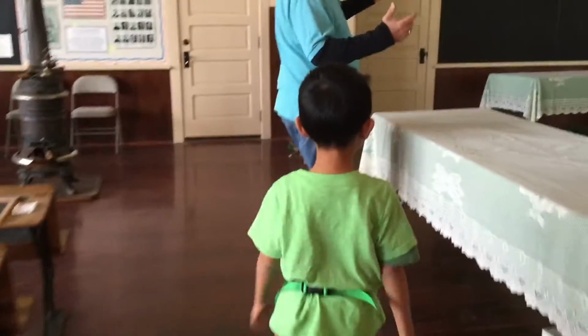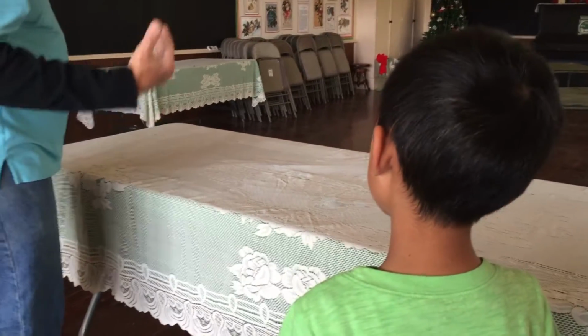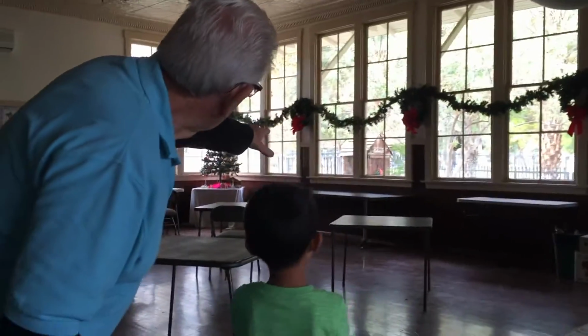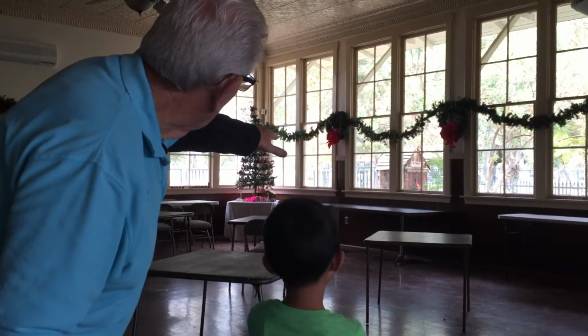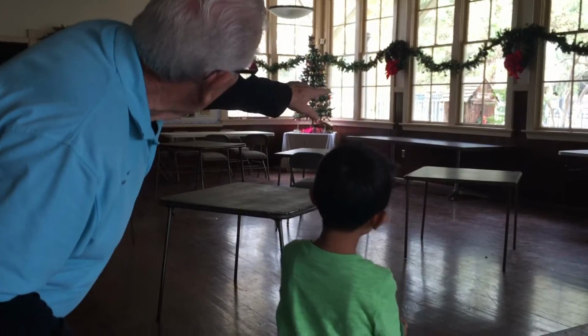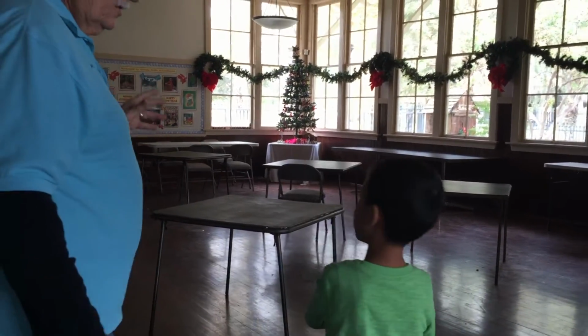By the way, this pulls down and separates the 2 rooms. This is actually a 2-room schoolhouse. There. Can you see the wiggly windows? See them? Look back and forth. You see the windows over there? You see how some of them kind of wiggle? Well, those are the original windows because in 1909,